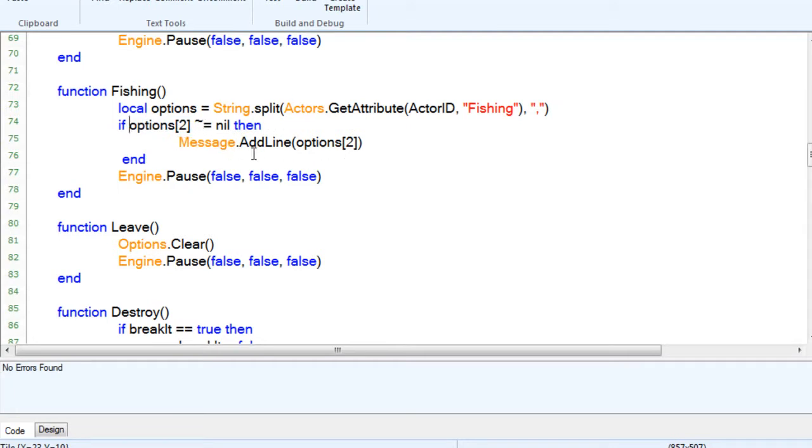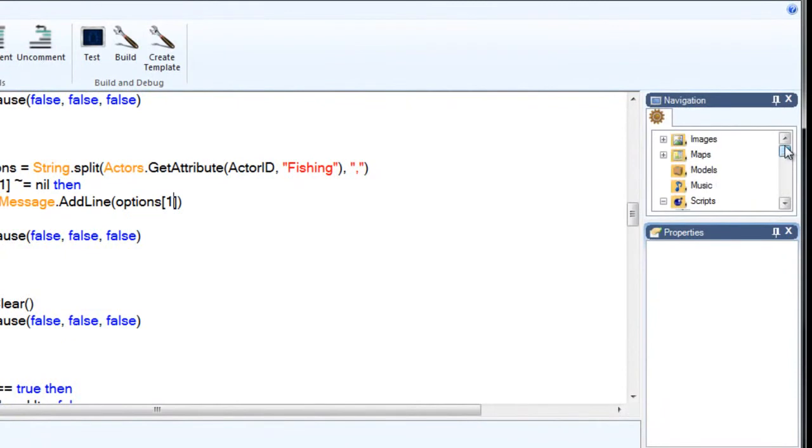Make sure there's a space in there. And okay, since we're going to go ahead and remove that, we're going to want to change the array number on here. Lua itself works off a non-zero base. It always starts at 1. This is unlike a lot of other programming languages that normally start at 0 and then go up. So for the first one, since the true-false is going to be out of there, let's switch that to 1 here. Alright, go back up to the project tree view here and go back to the world